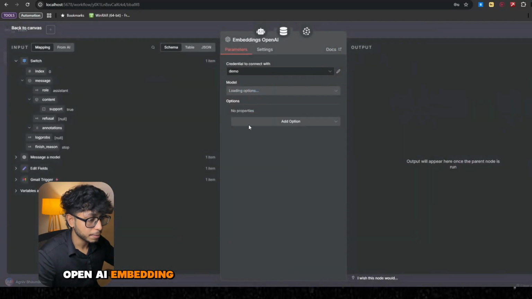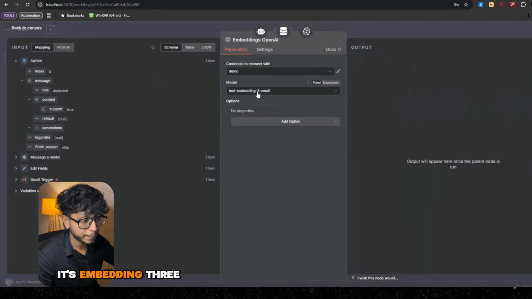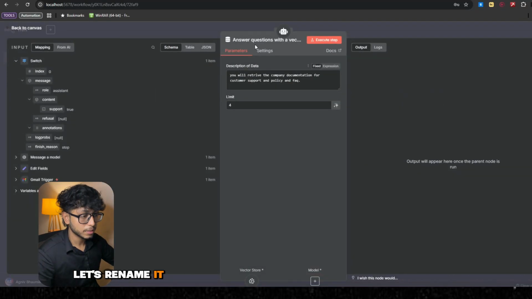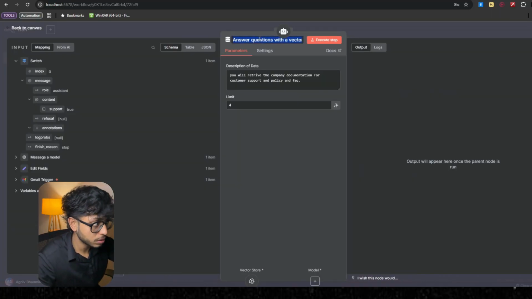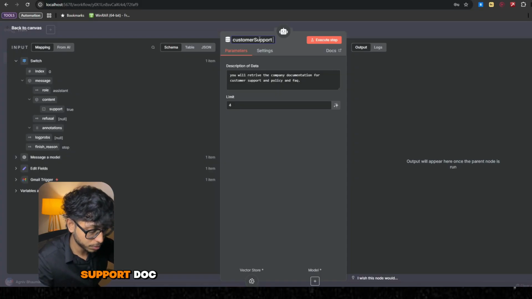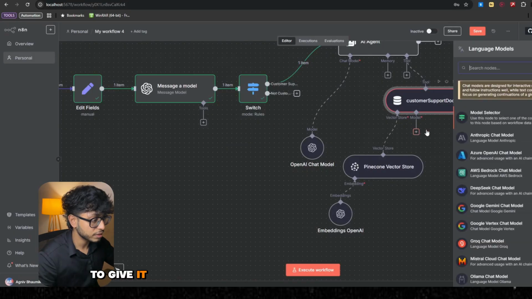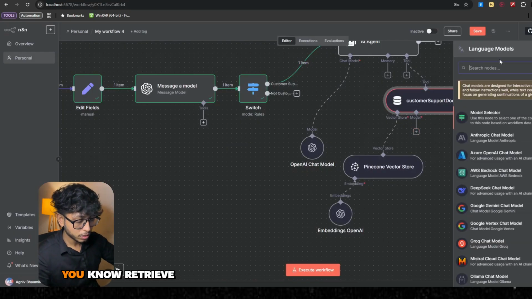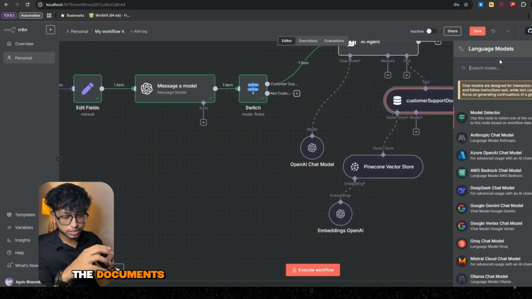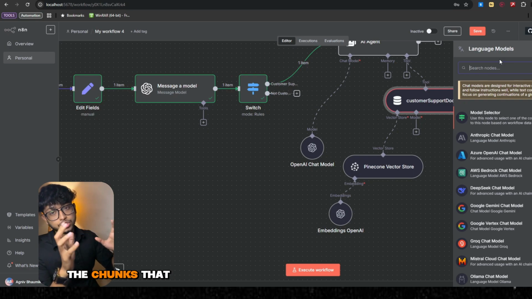Open AI embedding, and make sure it's embedding 3 small. Let's rename it to customer support. Now we have to give it a brain to actually retrieve the documents smartly from all the chunks that is